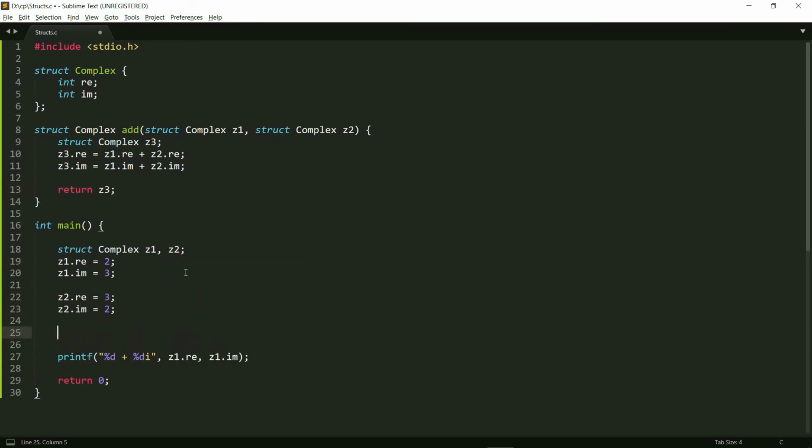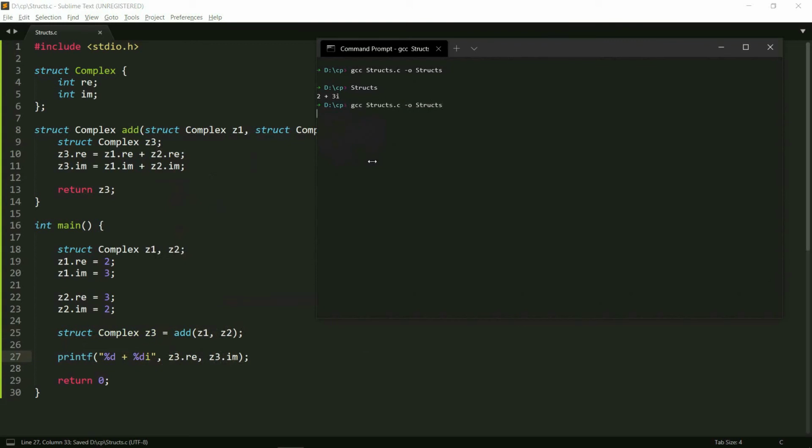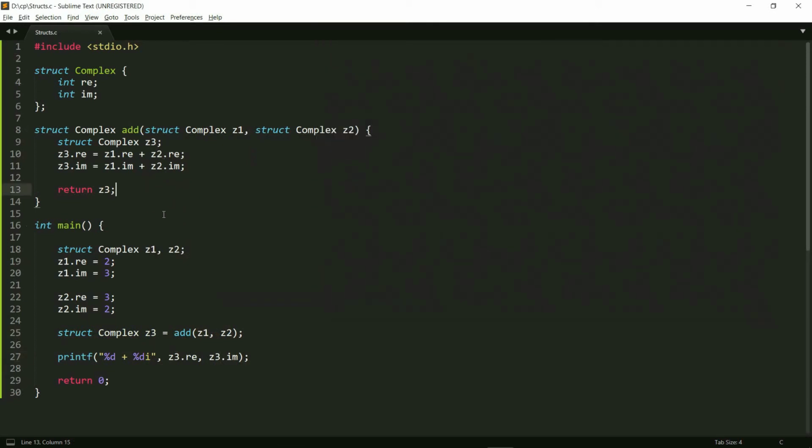And now I can say struct complex z3 equals add z1 and z2, and let's just try printing z3 now. So let's go ahead and try this. So as you can see, my add function worked correctly. So this is basically how structs work.